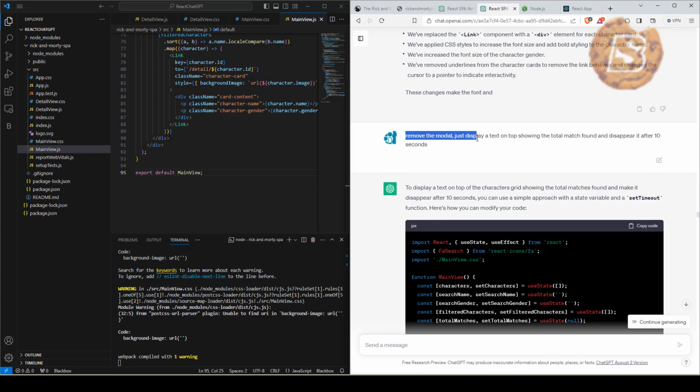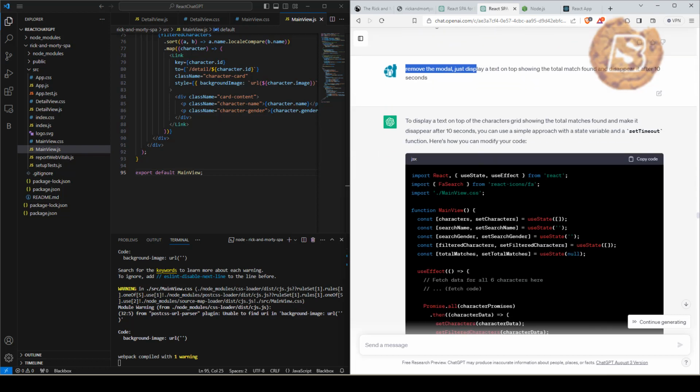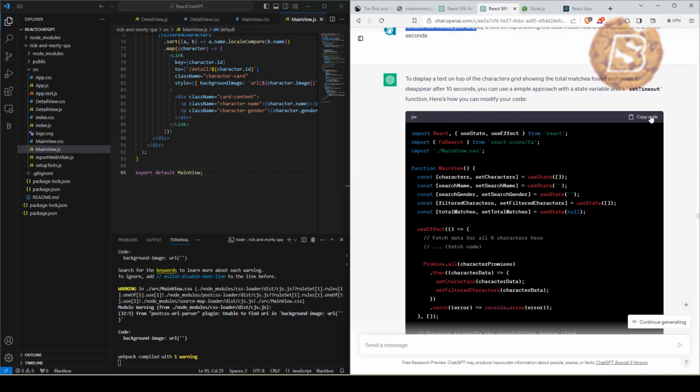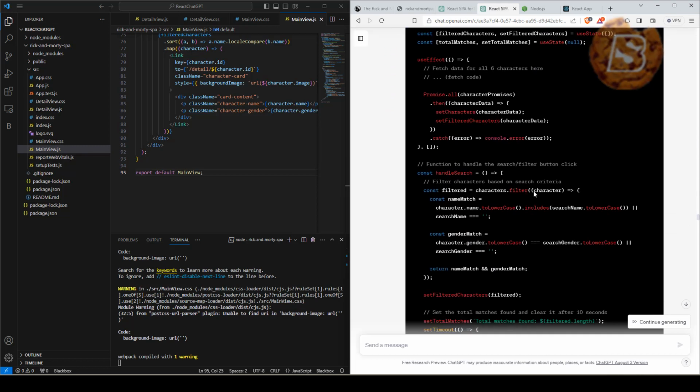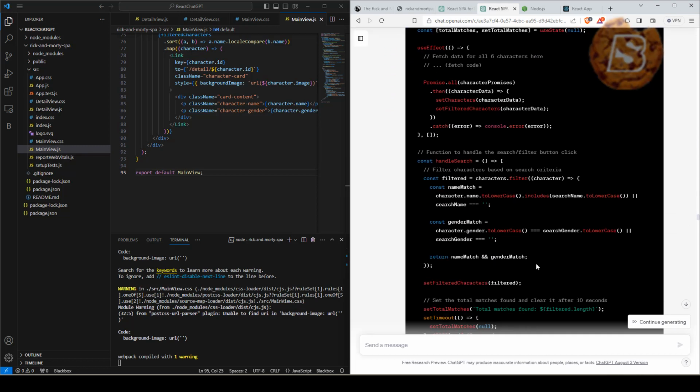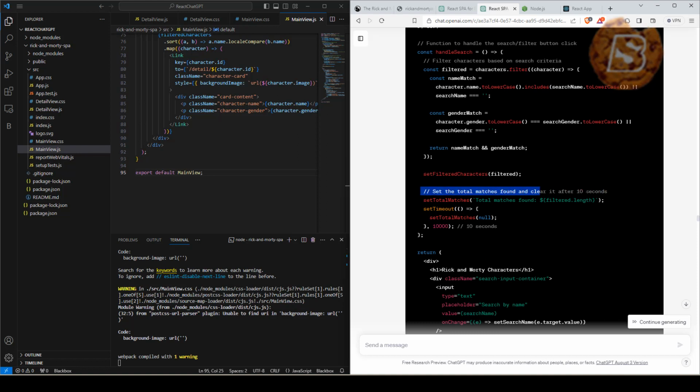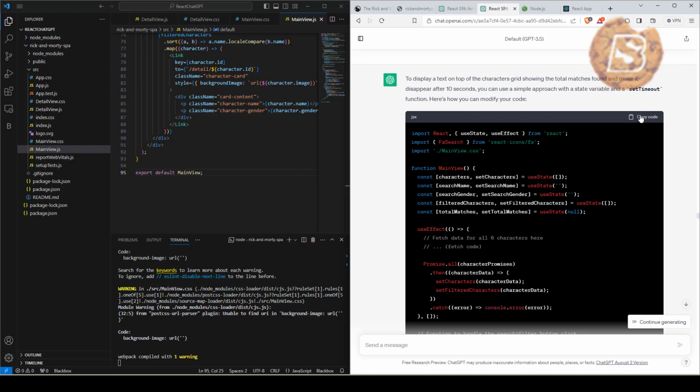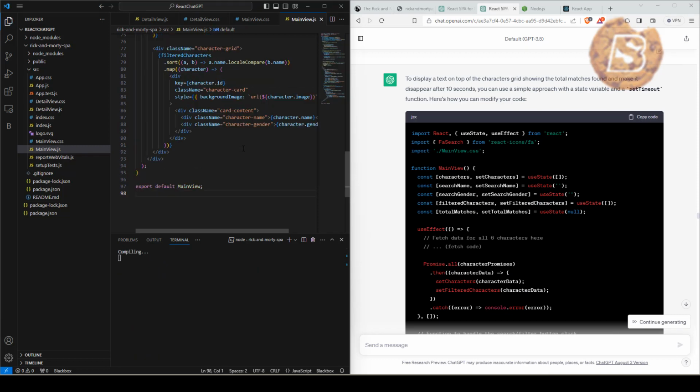So I said remove the modal, just display a text on top showing the total matches found, and disappear it after 10 seconds. So kind of an animation effect I want over there. So what it does is it comes with this piece of code, and here you'll notice that it introduces this line of code which will disappear the total match found message after 10 seconds. So now if I go in and copy this piece of code and update our main view.js,